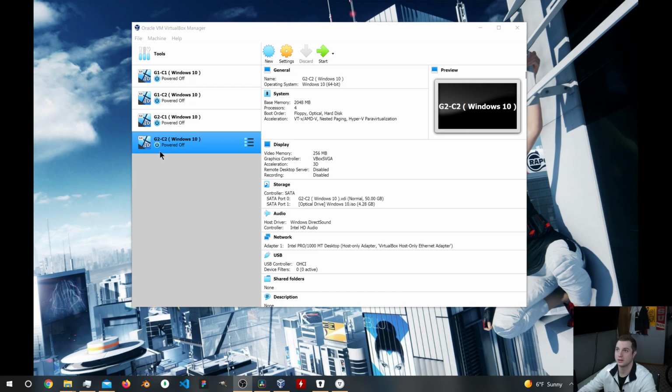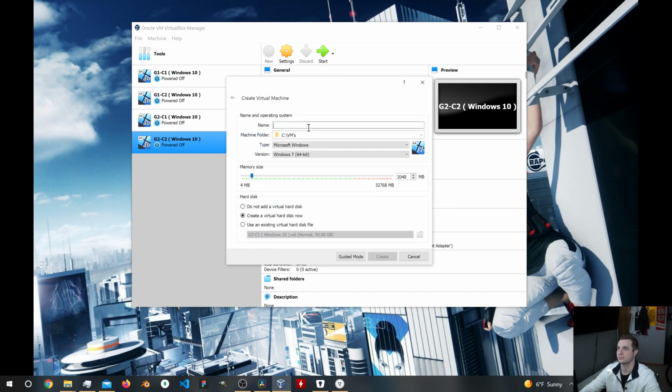So what we're going to have to do now is we actually need a server. So we're going to make a new VM. We are going to name it DC1. And DC is going to stand for Domain Controller. We'll get into what that is later on in the course. But for the time being, we need to get this server up and running. So Domain Controller, let's call this server